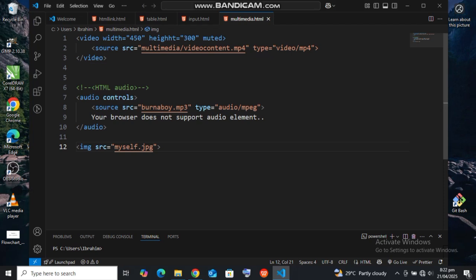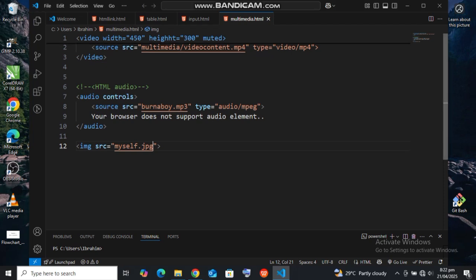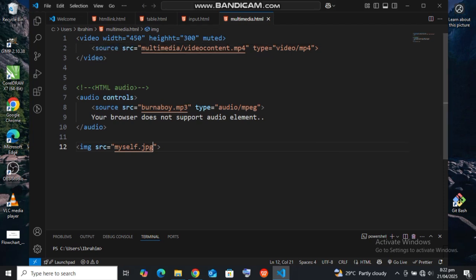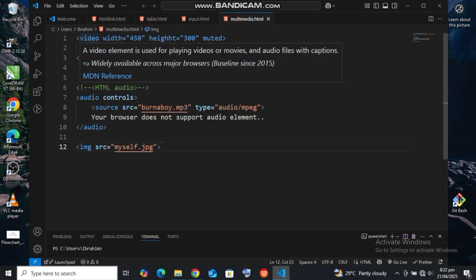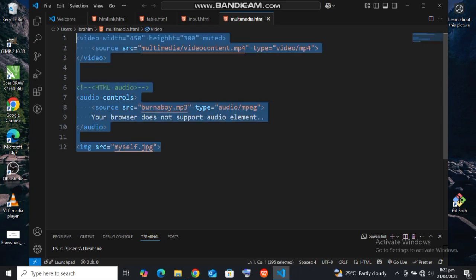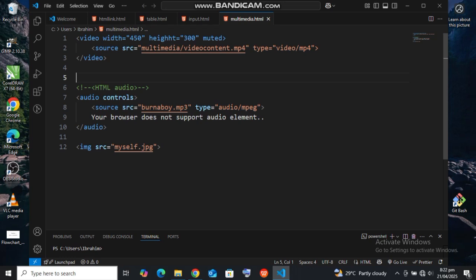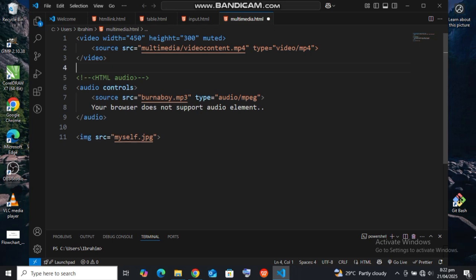That is that on HTML multimedia. We have the video, we have the audio, and we have the image. As simple as that. So you have to note these tags if you want to add multimedia to your HTML page. Can you see that? So that is that on multimedia. You can read more about multimedia on